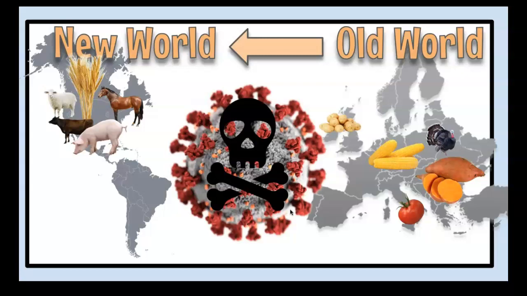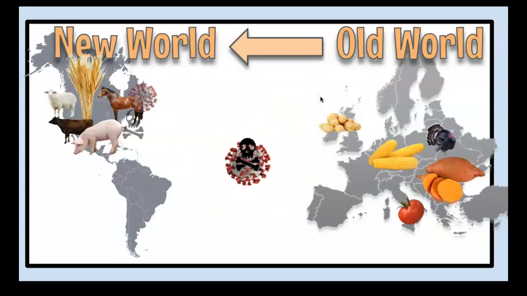Now, there were a lot of diseases like the measles and the mumps that the Europeans built immunities for from always being around it. When they came over from the old world to the new world, the Native Americans had never experienced those viruses and diseases. So a lot of the Native Americans would end up dying from these new viruses that they did not have immunities built for. So that was an impact of the Columbian exchange.